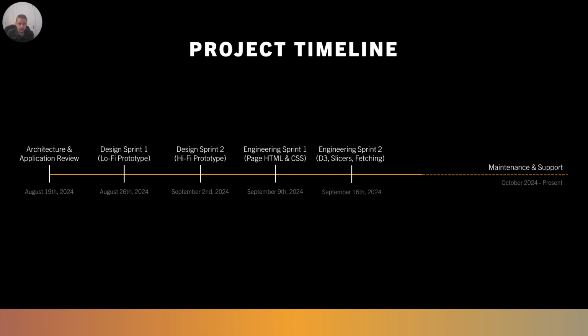It's a relatively compressed timeline for a project like this. We've got 2 design sprints, the first one focusing on lo-fi prototyping, the second one moving into hi-fi until we're completed with the design component. And then after that, I'm carrying it into engineering, where I'm building the HTML, CSS, and JavaScript to just get it up to par with what was built in Figma. And the second engineering sprint has to do with porting over from Chart.js to D3, like I mentioned earlier, implementing slicers so that these Vistage chairs could interact with the data a little bit more clearly,